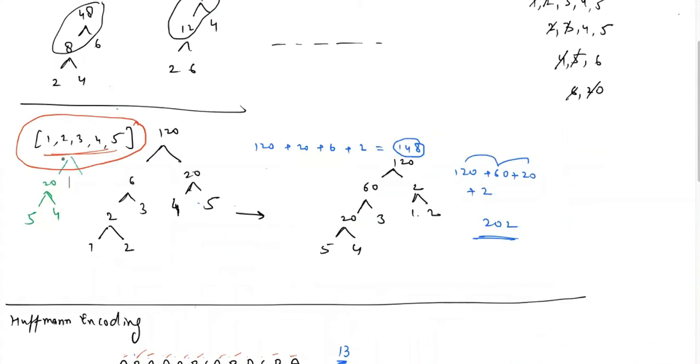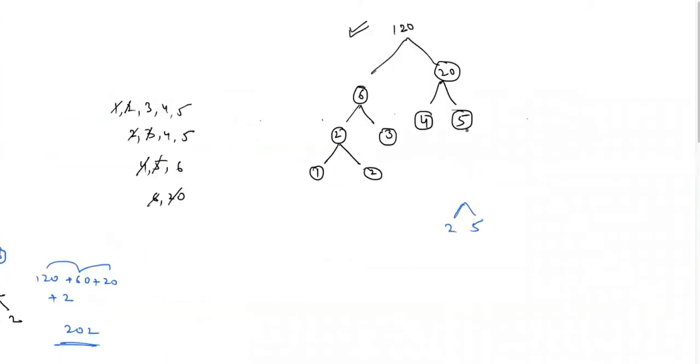So if 5 is at level x, then 5 will be multiplied x minus 1 times, right? If 5 is at a very high level, if 5 is at a very low level, then the number of times 5 is multiplied will be less. Does it make sense? So we are keeping the lowest number at the lowest level, so that when it is multiplied multiple number of times, the solution at the upper level is of less value.